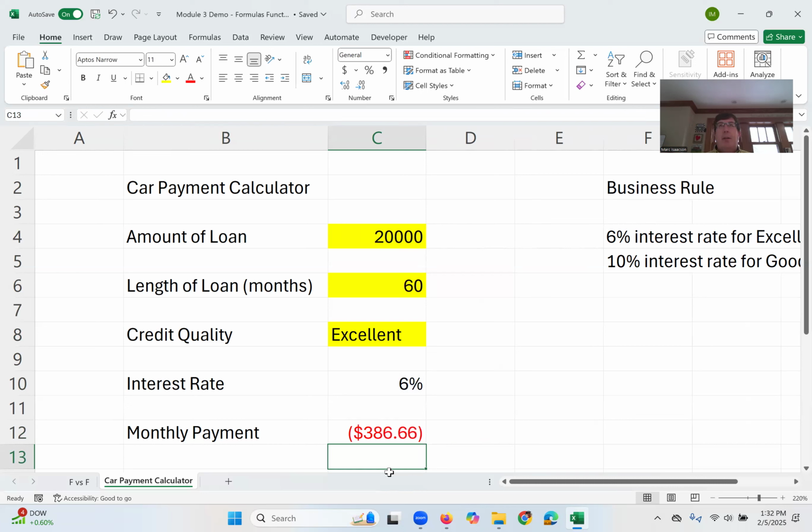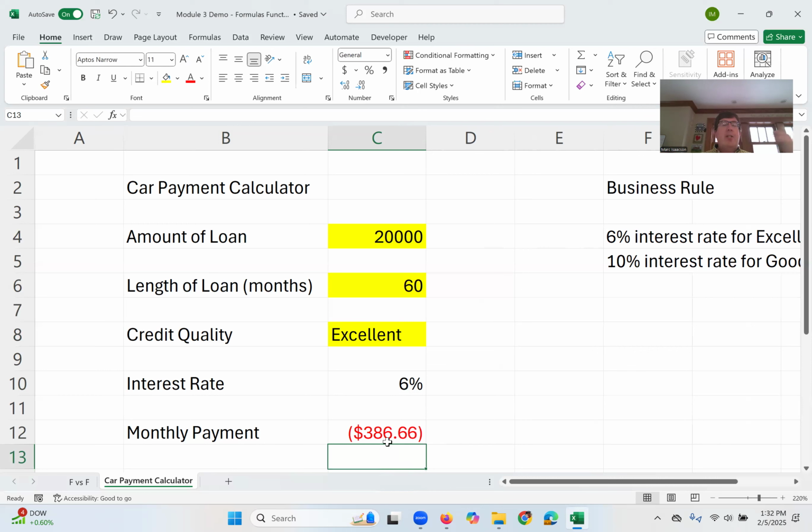That's a formatting setting for currency and accounting data. It's a negative cash flow. So it's money flowing out of your account. When you take accounting, you'll talk about cash flows and credits and debits. Again, we don't have to be too worried about that in the sense that the number is the amount of the payment. And so that gives us a quick demonstration of a financial function for calculating the monthly payment on